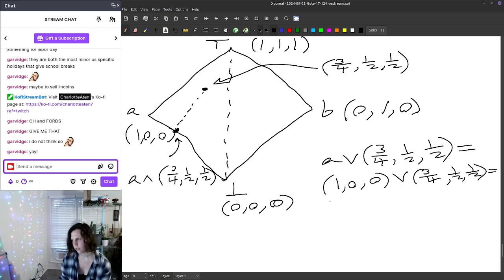And then this is just the max of each of the components. So what's bigger, 1 or 3/4? It's 1. And then what's bigger, 0 or 1/2? It's a half. Okay, and so then if we look at this, we can think about this as being like,